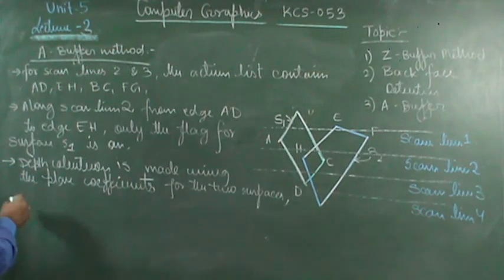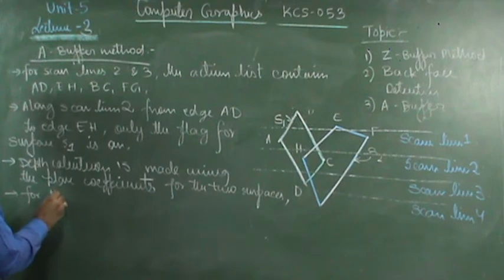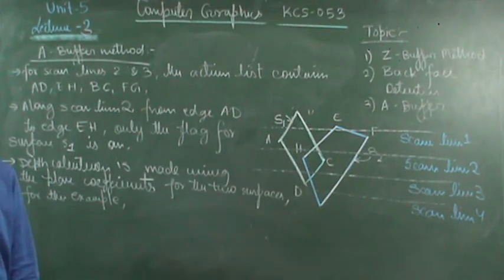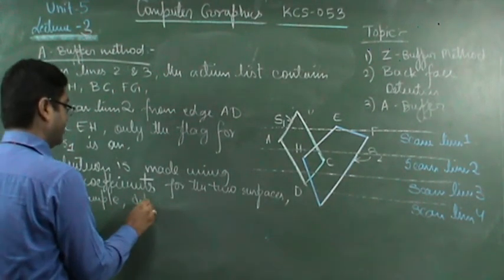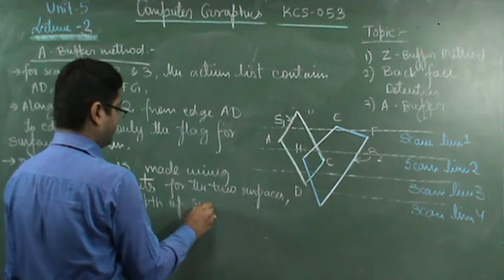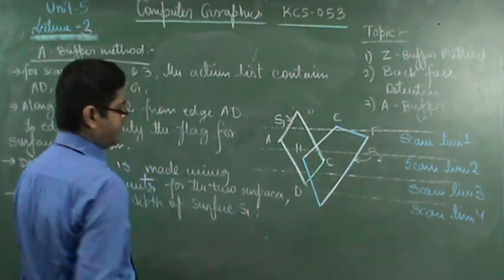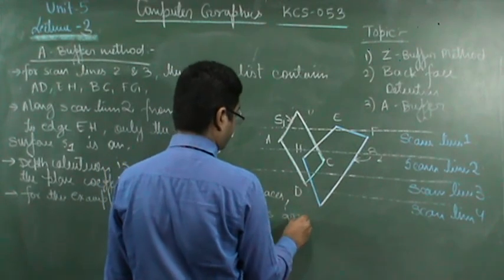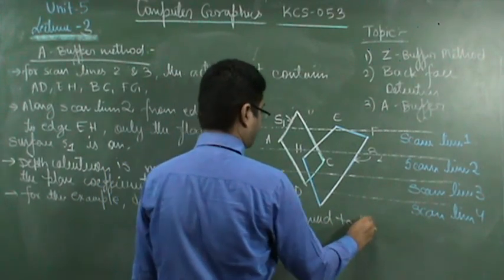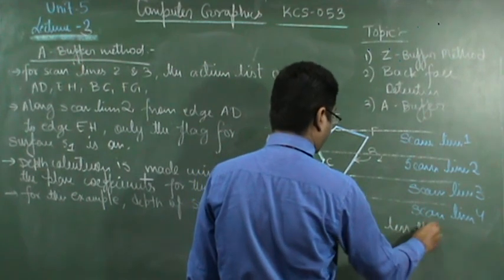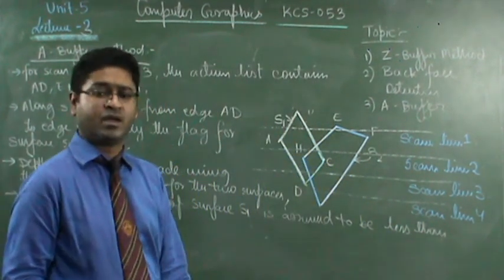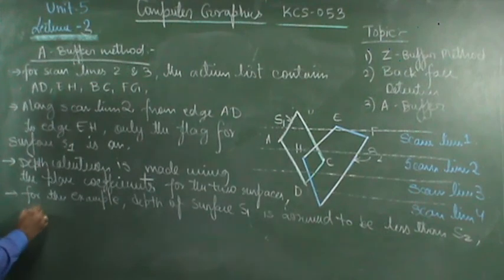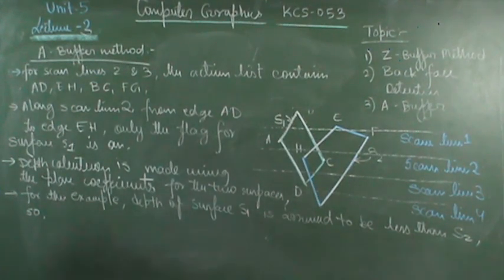Then for this example, the depth of surface S1 is assumed to be less than S2. So the intensity of surface S1